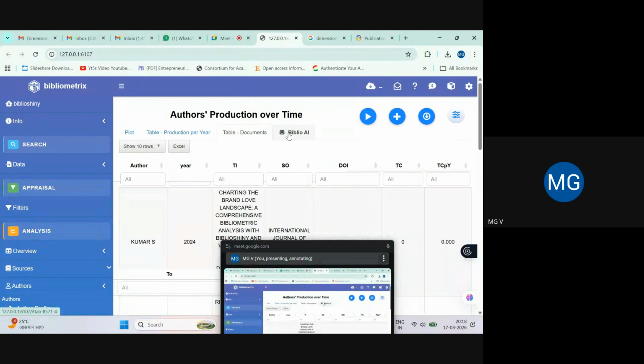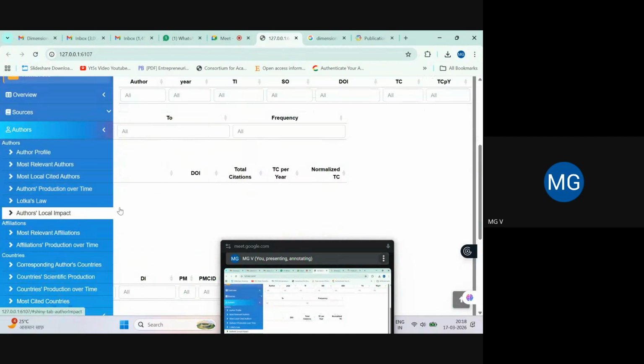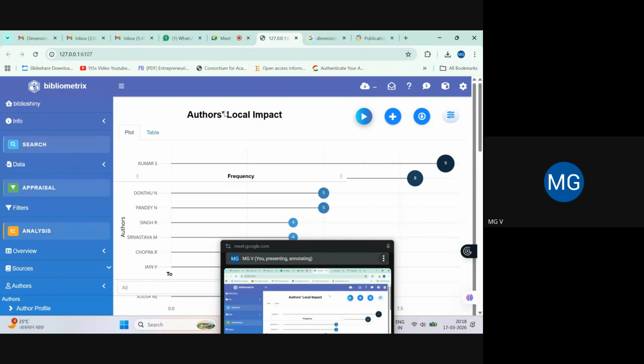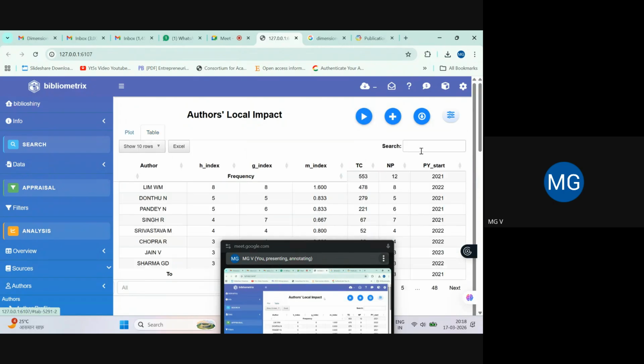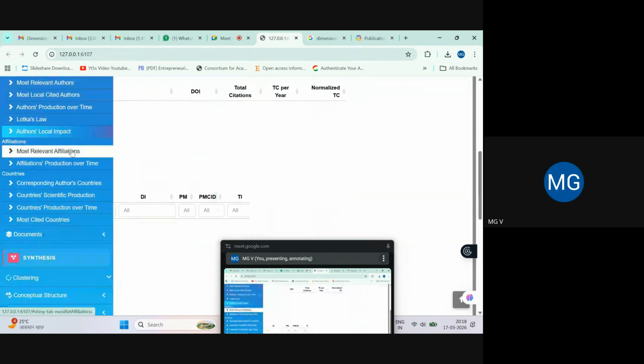Clear? Similarly, we can see this author's local impact. Again, click this and the tabular form. In the previous data, we were not able to generate these outcomes.